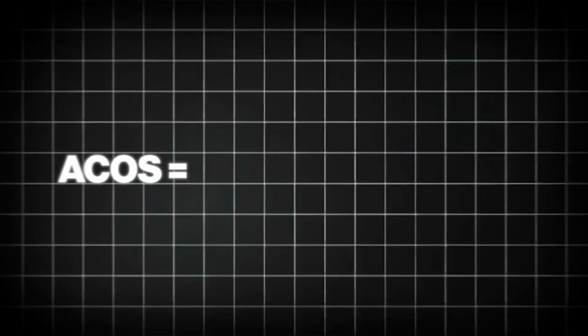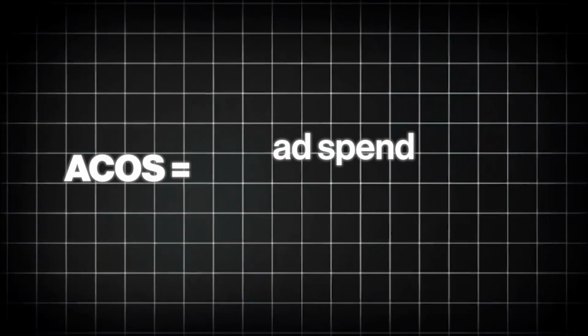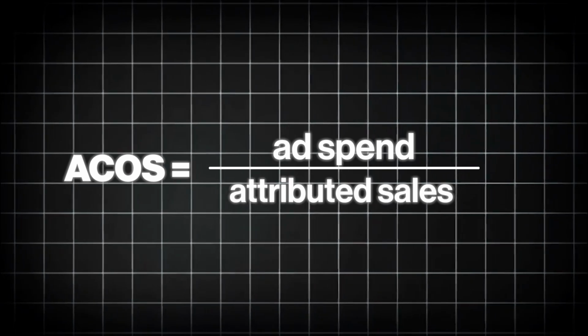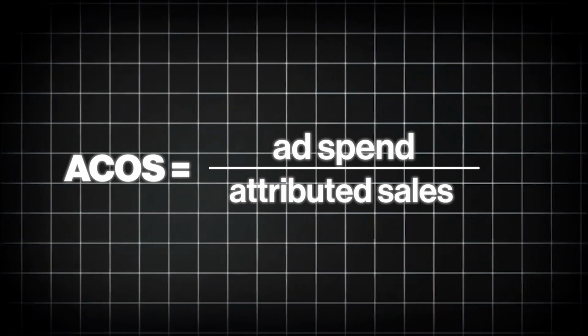Now, just a quick background if you want to understand a little bit about this. Amazon's ACOS, Advertising Cost of Sale, is a metric and it's calculated in this fashion. You take the amount of money that you have spent on advertising and you divide it into the total amount of attributed sales from advertising. Now, attributed sales refers to sales that were a direct result of someone clicking on your ad and purchasing. So we have two measurements for sales. Attributed sales, which is what I just described. Those are sales that are the direct result of someone clicking on your ad and buying.